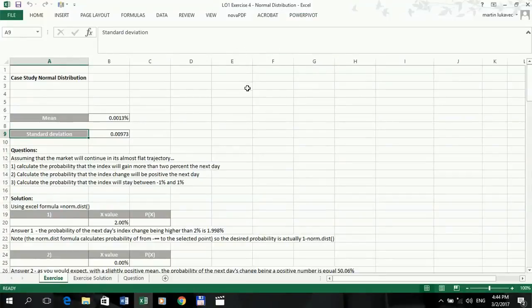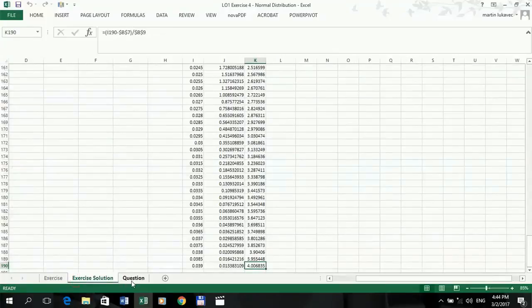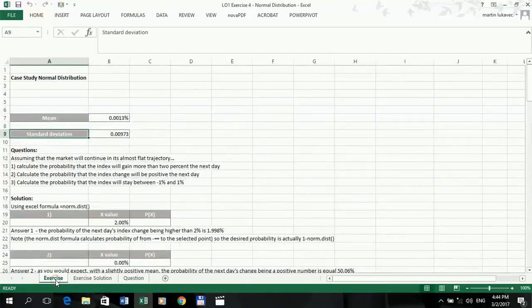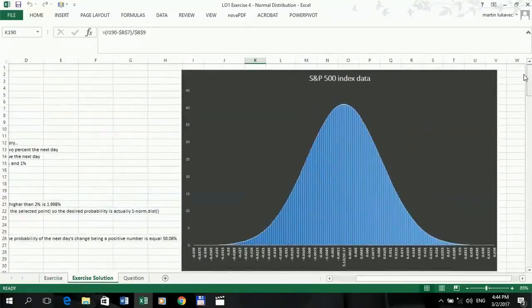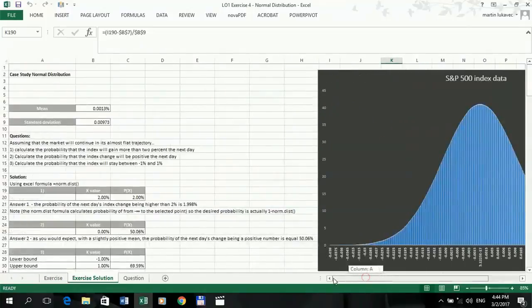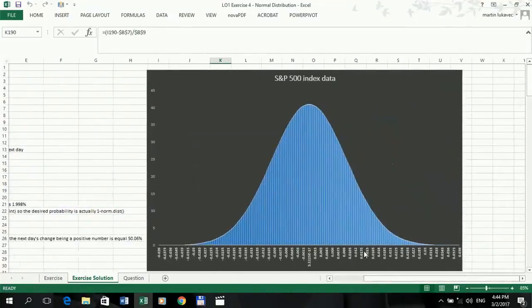You can download this file as always from our website, and it includes three tabs: exercise, exercise solution, and a question. In exercise, we're going to do the calculation. In exercise solution, the whole calculation is already provided for you, so you can check your formulas. As you can see, we will do together such a nice plotting of a normal distribution, and later on,